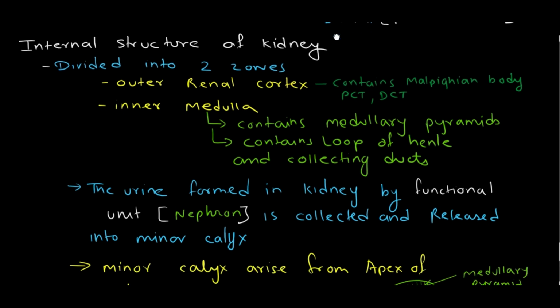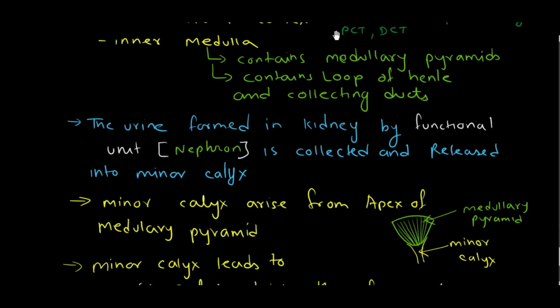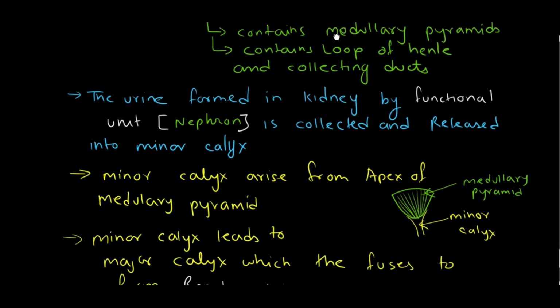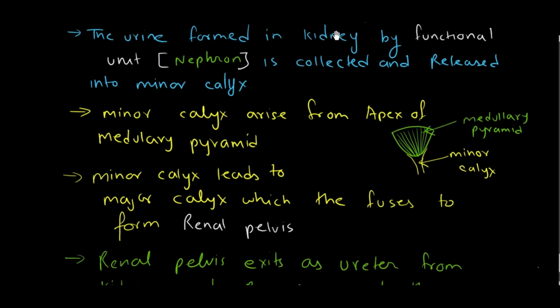The urine is formed in the kidney by the functional unit called nephron, which I will now be discussing with you, and it is collected and released into the minor calyx. The minor calyx arises from the apex of the medullary pyramid. As you can see, I have drawn here a separate medullary pyramid which leads to the minor calyx. The minor calyx leads to the major calyx, which then fuses